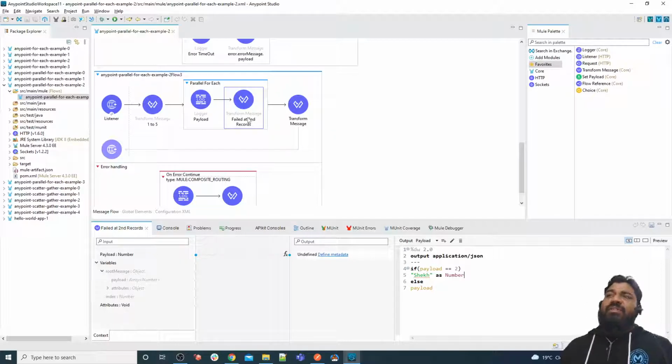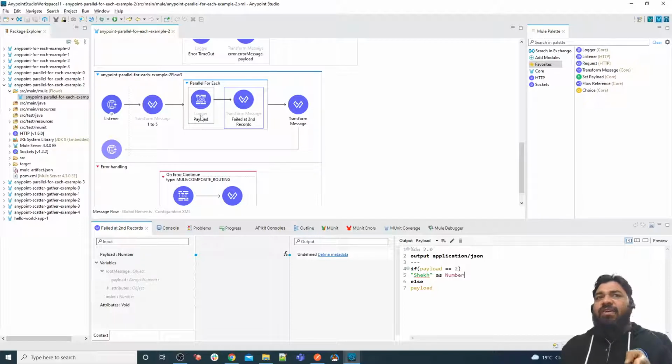No, your processing does not stop. This is another difference between parallel for each and for each. In case of for each, your processing stops, but in case of parallel for each, your processing will not stop. It will process the remaining records like 3, 4, 5, because the records are processed independently. One record doesn't know that there is an error in the second record.